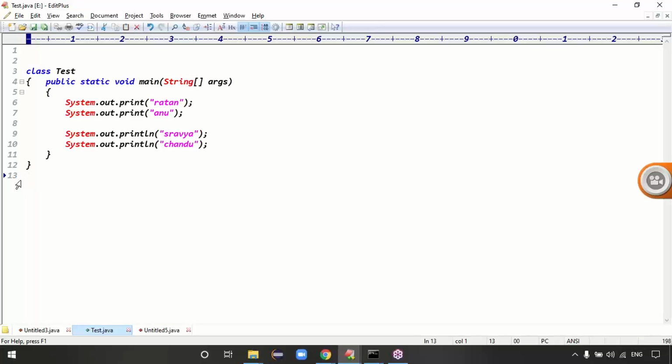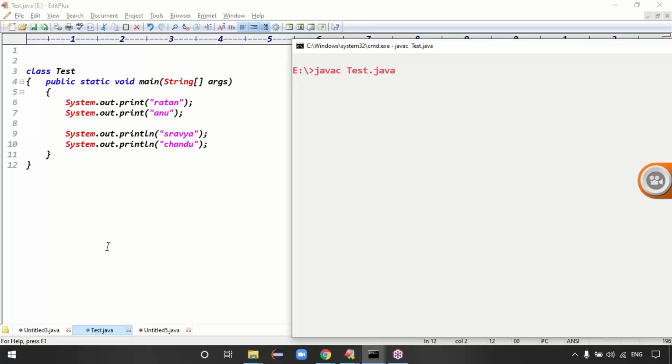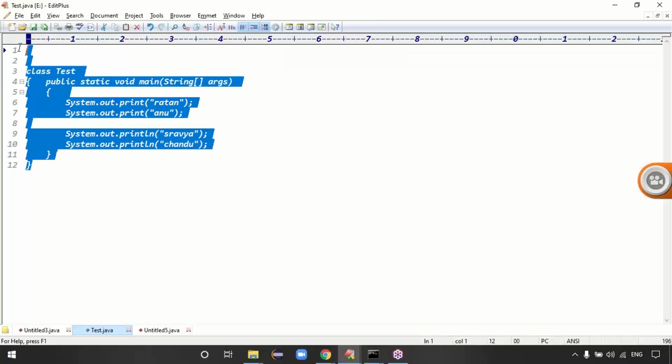Exactly, guys. So print versus println: after printing Anu, control is in the same location. That's why Shravya is printed in the same location. After printing Shravya, control goes to a new location. Then after printing Chandu, control again goes to a new location, right? Exactly. Now in this case you can see the output once. javac Test.java, code is compiled fine. Java, the class is called, which class, guys? Your Test class. Now see, this is an empty line or not? You're getting an empty line, right? That is the information, guys, basically. Is it clear now? Yes.